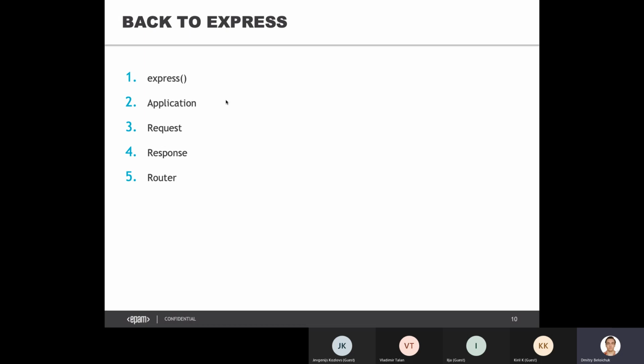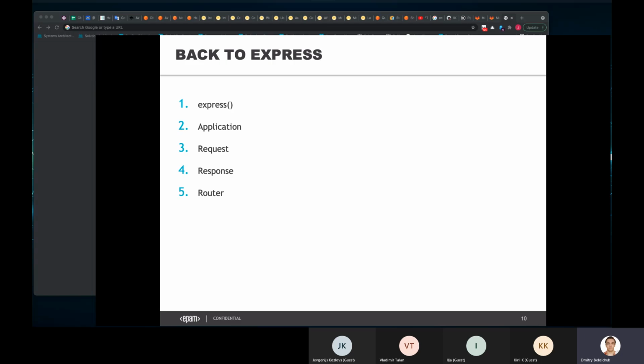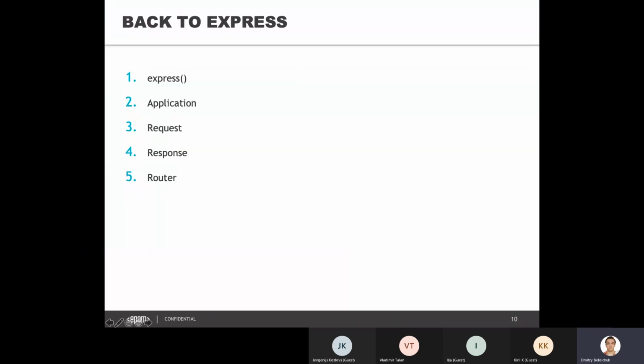Back to Express, there are specific things that you can do in terms of your Express server. And the first thing you do, without diving deeper into those middleware details, is to actually start the server or create a server object. And you do that by calling this express function. And what you get back is an application. And then the only concern you have after that is handling specific requests, providing specific responses to those requests,